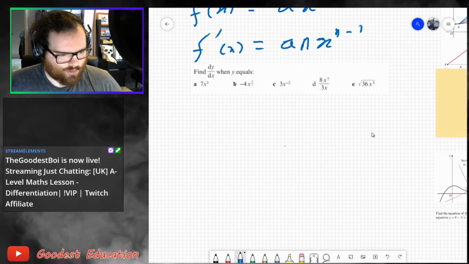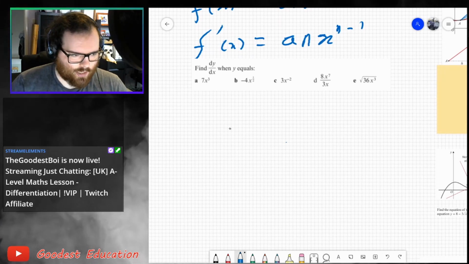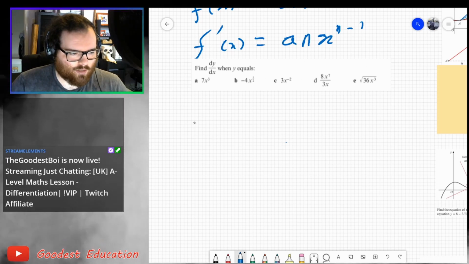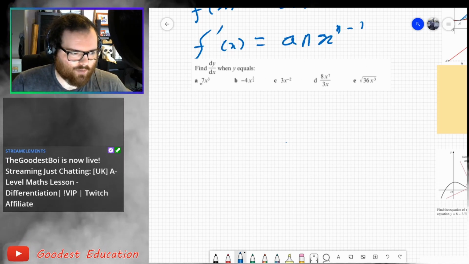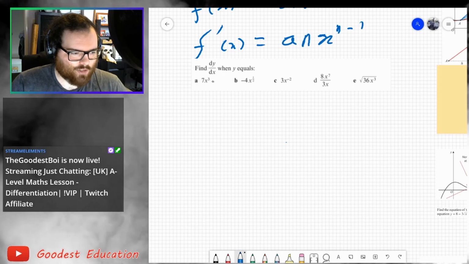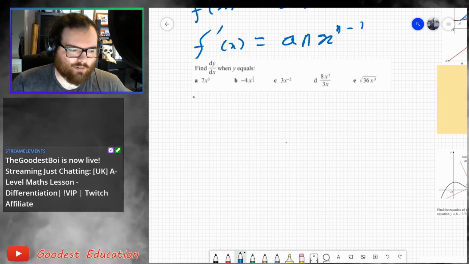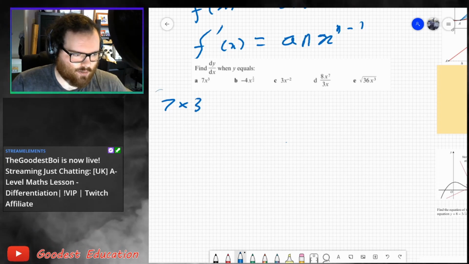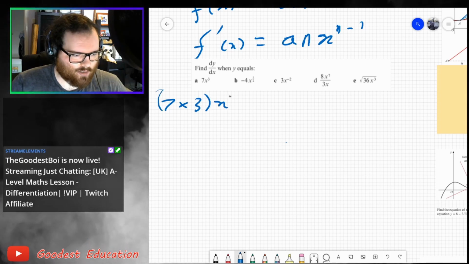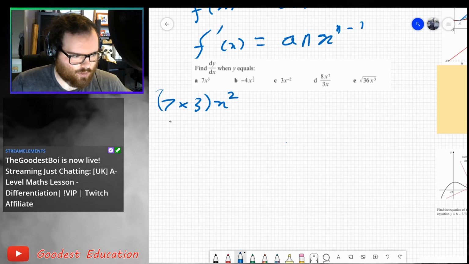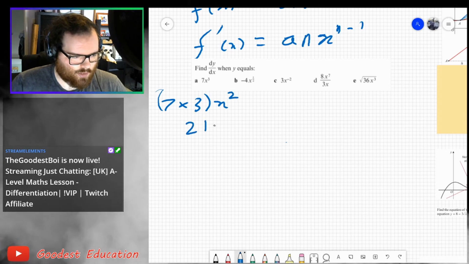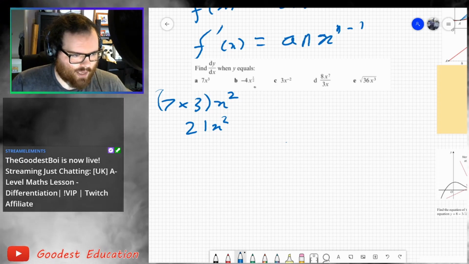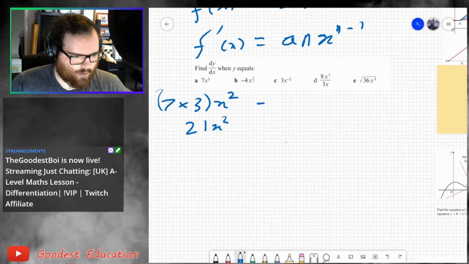I'm sure even lecturers and teachers have made mistakes here. So find dy/dx when y equals these. For 7x cubed, the 3 is going to come down in front, so it's going to be 7 times 3, and then x to the power of 3 minus 1 is 2, which is going to be 21x squared. And then for b, we're going to have minus 4